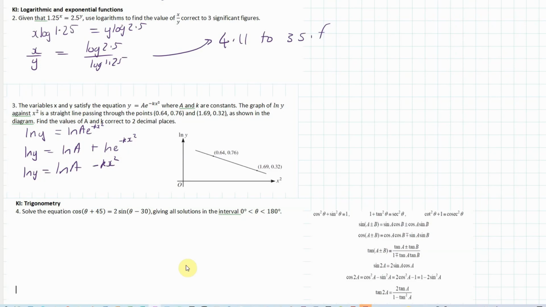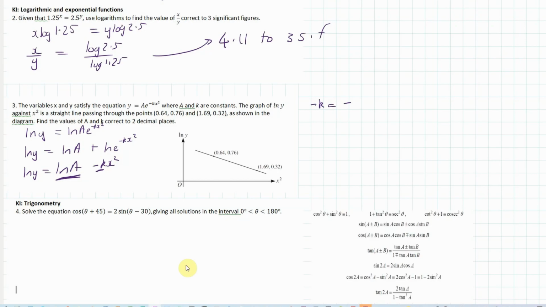Because this is like our intercept and this is our gradient. So in this case I'm going to say minus k is equal to negative,